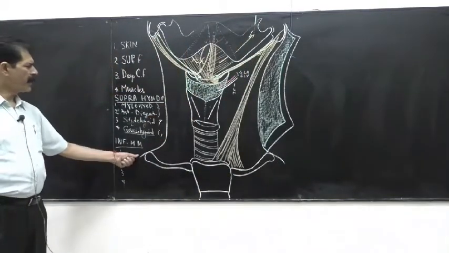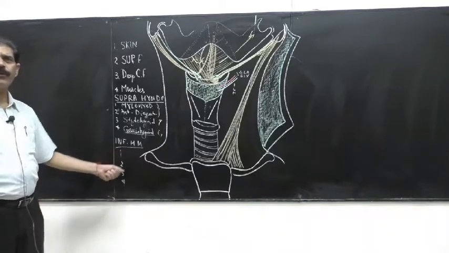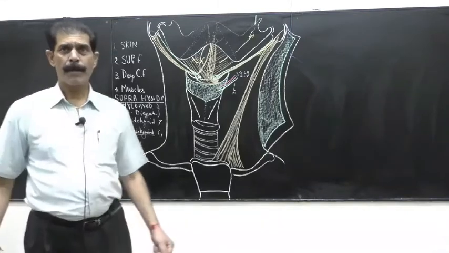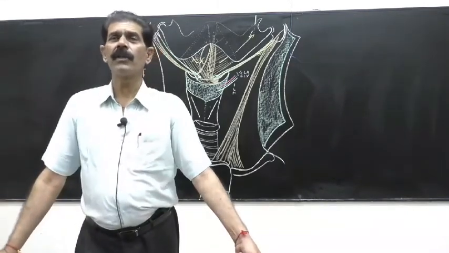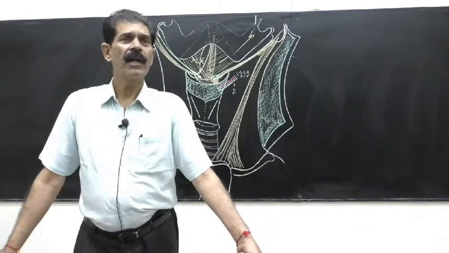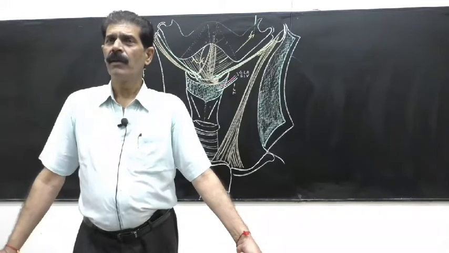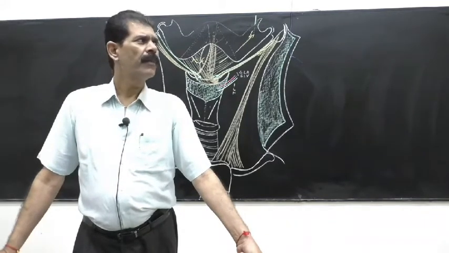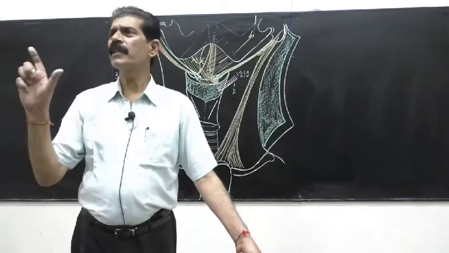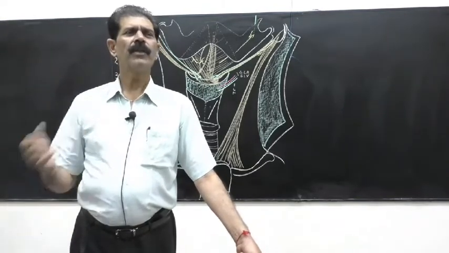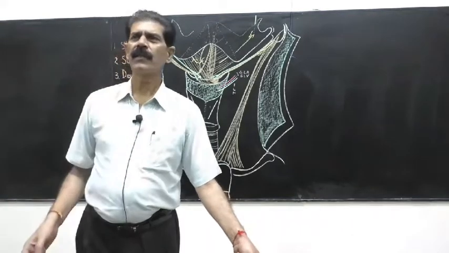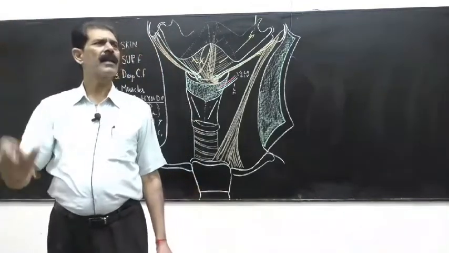Then come the infrahyoid muscles. There are also four. Infrahyoid muscles are called ribbon muscles. If the question comes, write a short note on the ribbon muscle, don't confuse; they are asking you for the infrahyoid muscles. They are called ribbon muscles. Why? Because at their origin and insertion, the width is the same. The width of all four muscles is the same. That's why they are called ribbon-like, they are parallel muscles.